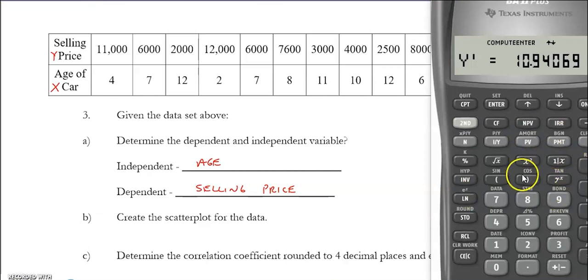So if I was starting this from scratch, I would go second data, second clear, and then I'd put in 4, enter, and so on and so forth. If you overshoot, you put an extra 0 or a different value here, if you use this arrow button, it'll scroll over so you don't have to clear and re-enter the data. And then you hit enter, scroll down, 7 years, 6,000, enter, 12 years, 2,000,